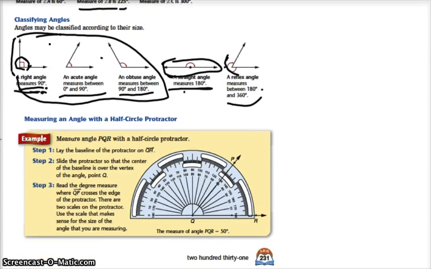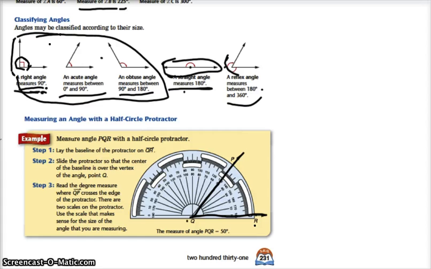Keep coming down. Okay, so here we've got an example of how to measure an angle with a protractor. So I'll make it a little bit more defined. Right here is the angle that we're trying to find. So we have P, Q, R, and those are the points. So we have line P and line R, or ray, excuse me, ray P and ray R, and they